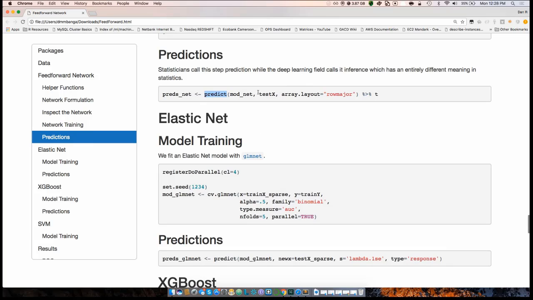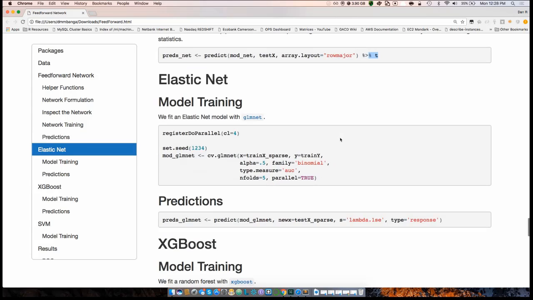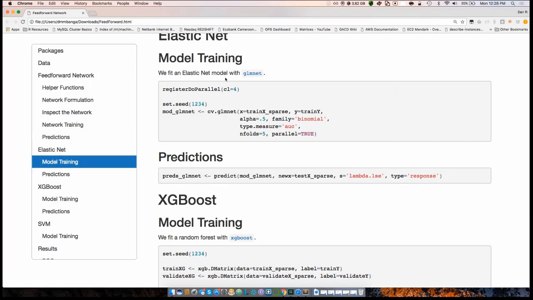Okay, and that generates an array or a vector that you transpose here. Depending on what type of prediction you're doing, it could be a vector or a matrix or an array. It depends on if you're doing multi-class classification, binary, or regression. They come in essentially as an extension of an R vector. Okay, so for fun, we decided to compare R with MXNet with other libraries that are out there.